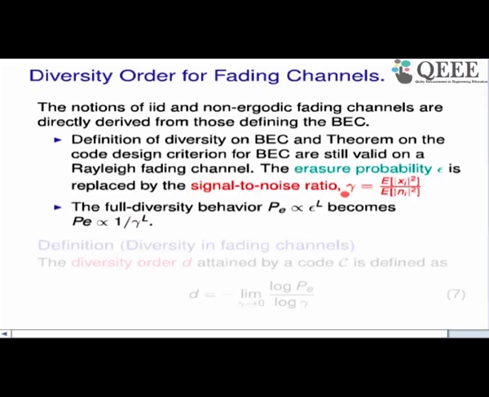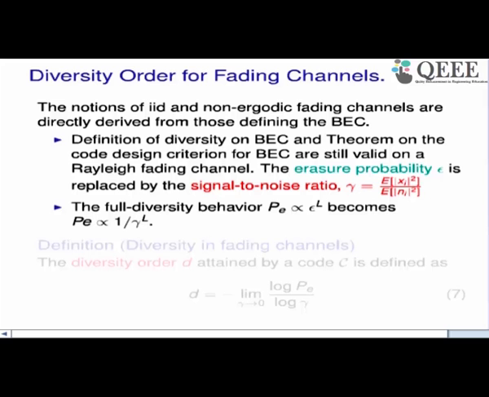Also remember that gamma is the average signal to noise ratio. Okay, and remember that the coefficients alpha, the entries H i of the channel matrix, we have already assumed have variance 1, so that will average out. Okay, so this is actually the mean signal to noise ratio, or the signal to noise ratio if it was an AWGN channel without any fading. Okay,